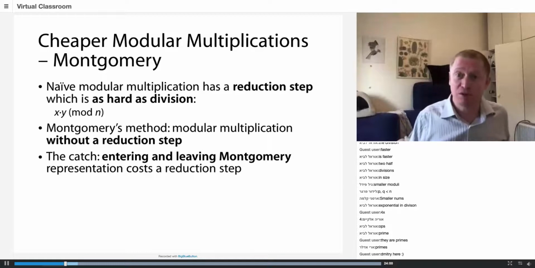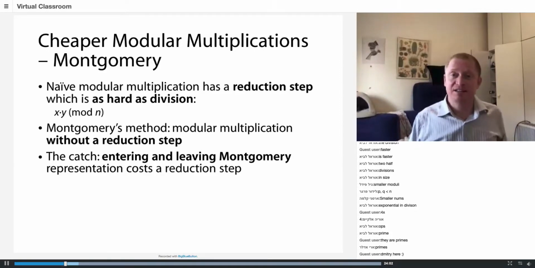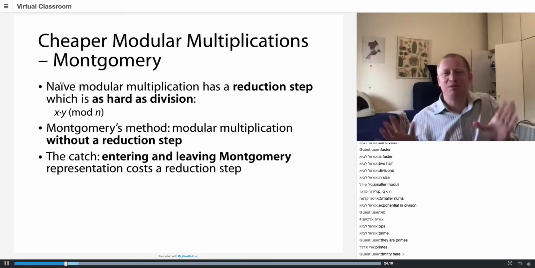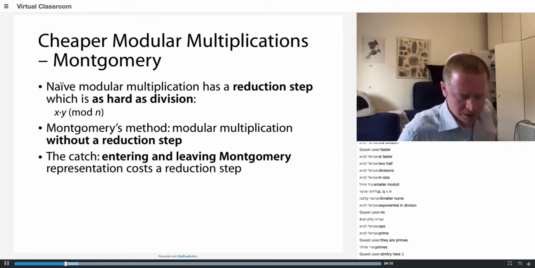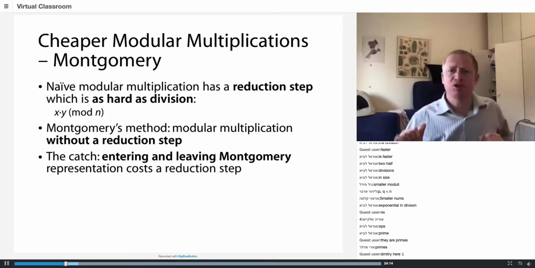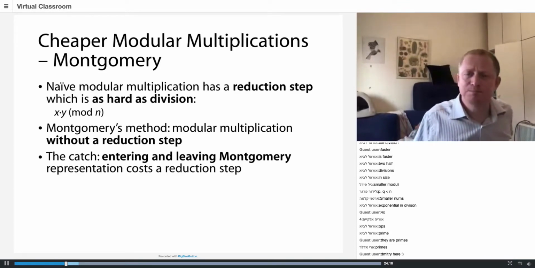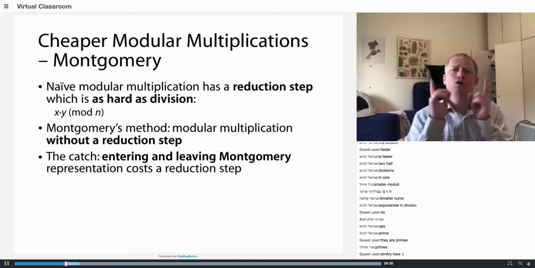A famous mathematician called Peter Montgomery, in 1985. And as mathematics papers go, it was, of course, 3 pages, and it saved an incredible amount of time. And what did Montgomery do? What was Montgomery's insight? Montgomery found a way to do modular multiplication,